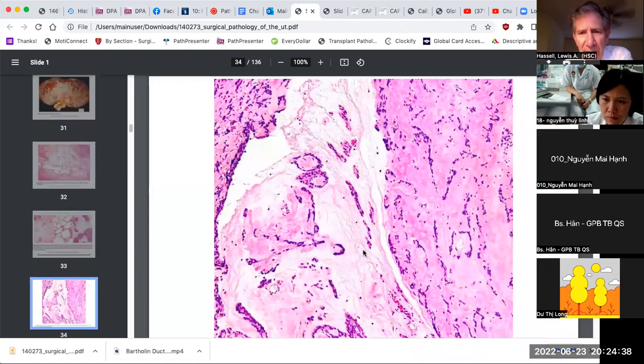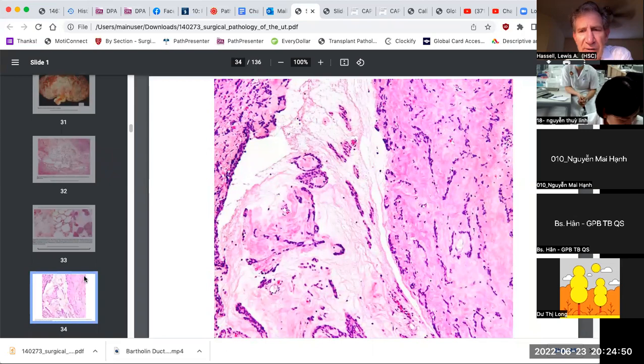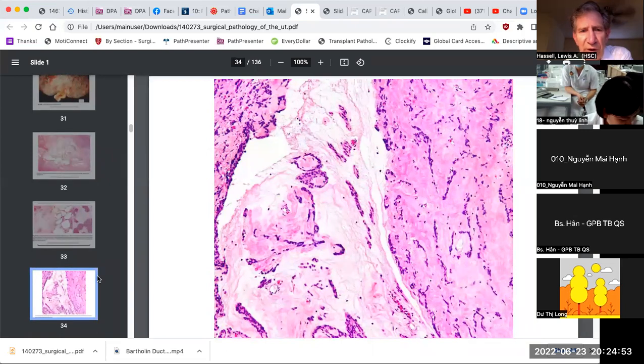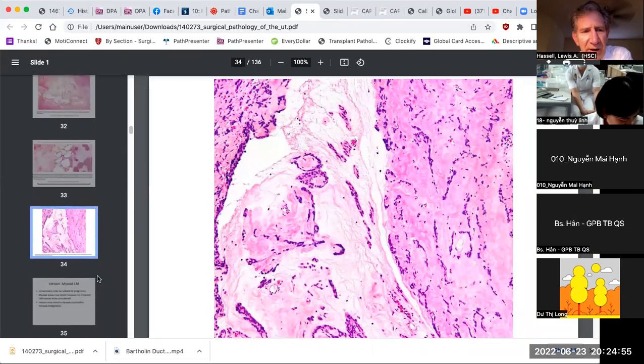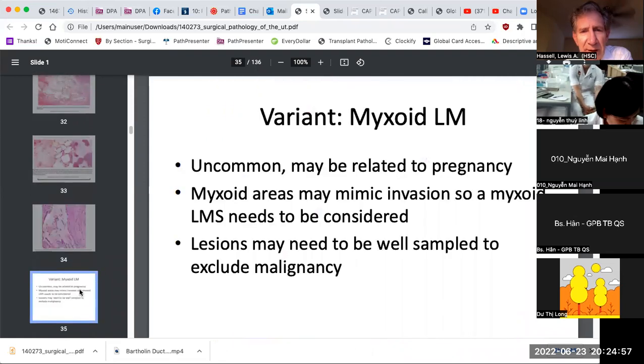Here's another example, sort of hyalinized, and it doesn't look like a smooth muscle tumor because it's not very cellular. But if you do immunohistochemistry, these do turn out to have smooth muscle markers, which we would associate with leiomyoma. Okay, now we get into some more challenging areas. Myxoid leiomyoma. So the hydropic leiomyoma and myxoid leiomyoma can be somewhat similar,